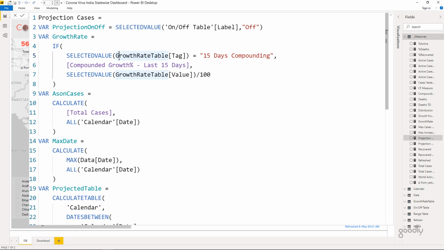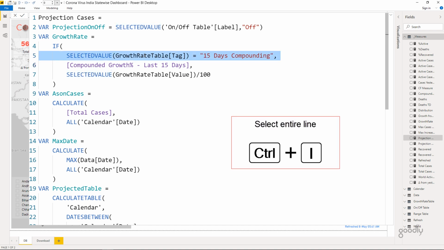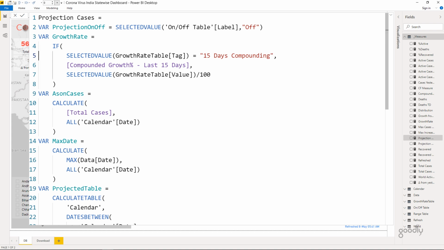All right, sometimes you want to maybe select the entire line of the code. So how do you actually select the entire line of the code? What you can do is, no matter where you are in the middle of the line, you can just press the shortcut Control I, as in India, to select the entire line. Let's see if that works for a couple of lines or not. So let's select two lines, and you can see that I have selected both the lines partially, and if I now press Control I, both the lines get fully selected.